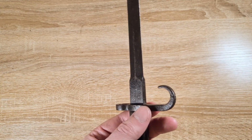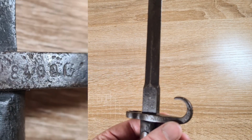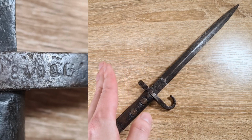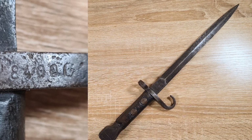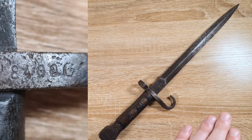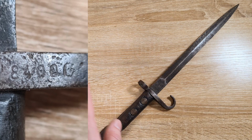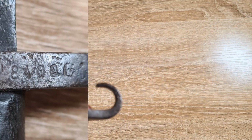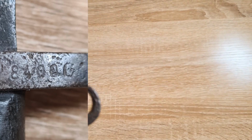And just down here on the crossguard, we have a serial number. And the way these serial numbers work is you'll have 4 numbers followed by a letter. And each letter represents a batch of 10,000. So the first 10,000 will have 4 numbers A. Second 10,000, 4 numbers B. This one's got a C prefix. So we've got, see if we can read it off camera, 8400C. So that'd be